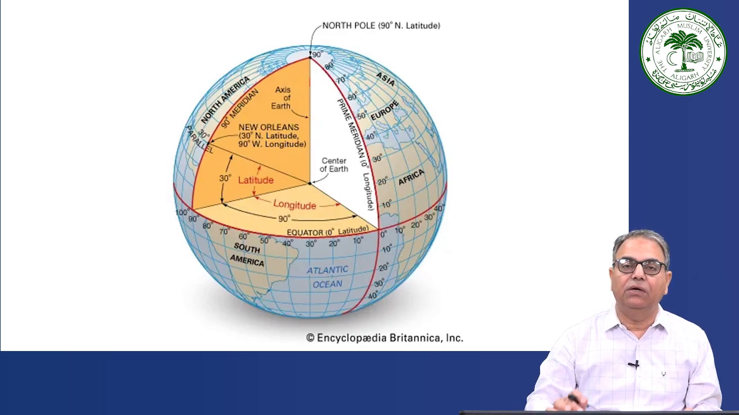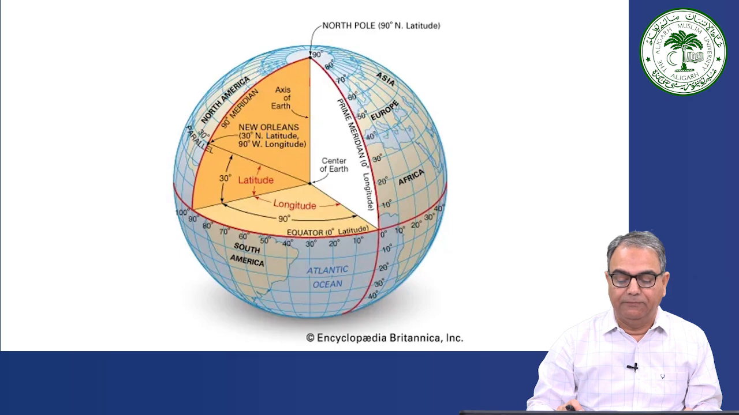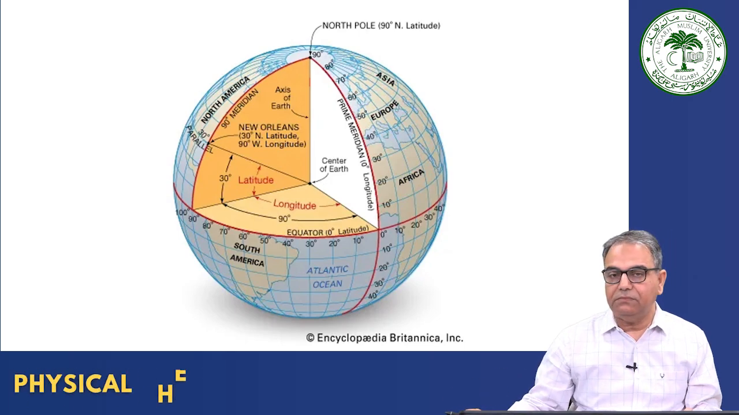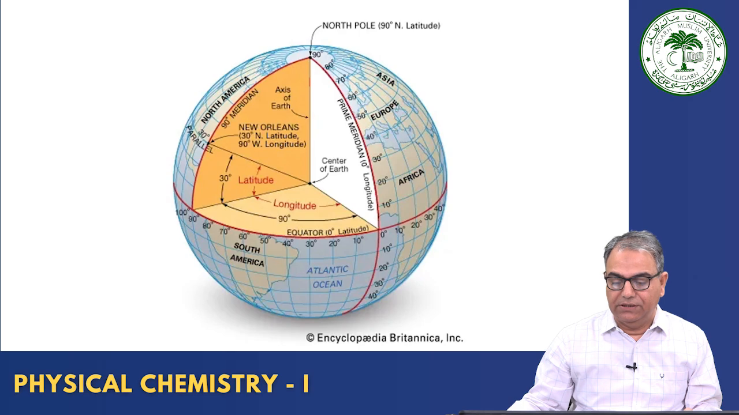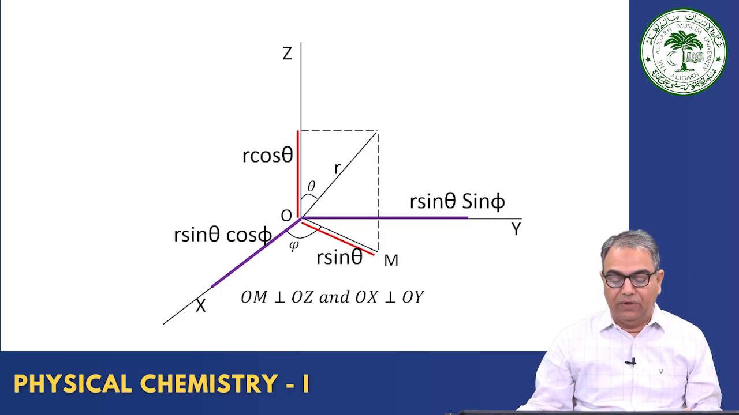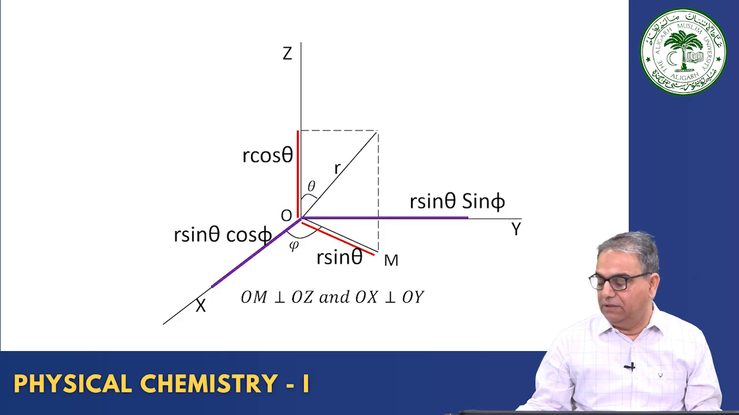So this angle is called your phi angle, and whatever be the angle between this projection here and the z axis is called the theta angle. Okay, just to give you an idea of the spherical polar coordinates. Now, if you relate these quantities r, theta and phi, and do some trigonometry, then what you find out is